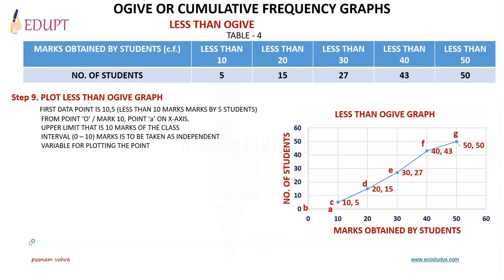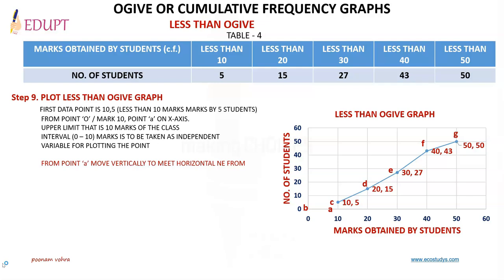Then you need to plot the less than Ogive graph. First data point is less than 10 and 5 students. So coordinate these points and you get point C, which shows less than 10 marks obtained by 5 students, that is 10 and 5. Then keep plotting these points